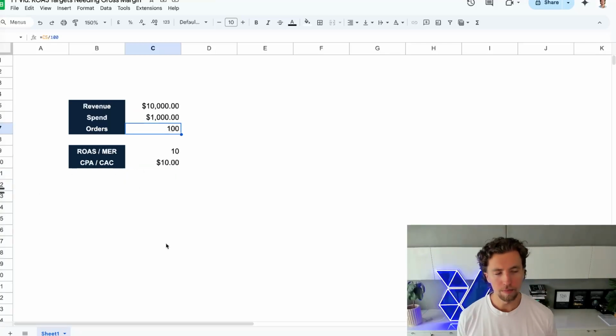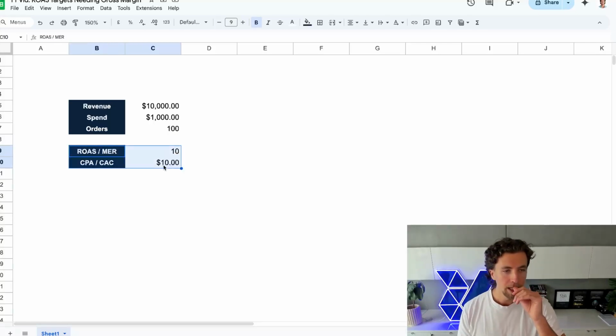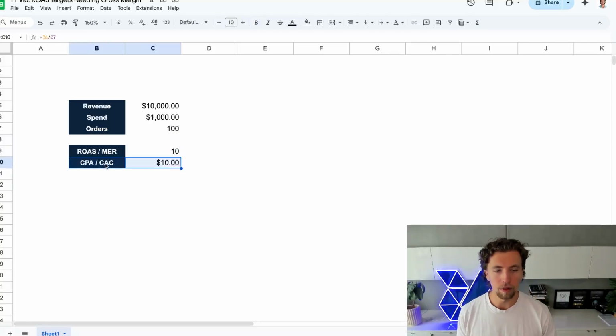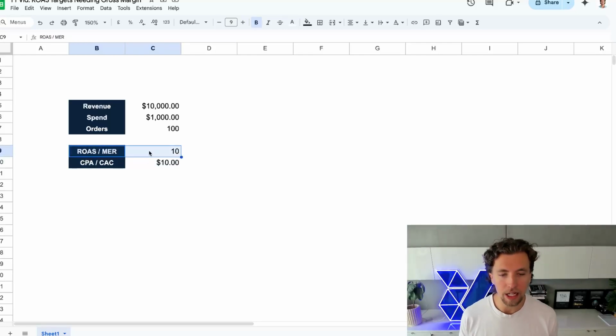Now, why is gross margin important, right? Because obviously the answer here would be, let's just try to get the lowest CAC possible and let's just try to get the highest MER possible. That should be the optimization function of the agency. And that's how I should be communicating to the agency. Hey, just go and get us the best ROAS or MER that you can. And if you can't get us a very good one, that's fine. We'll get rid of you. We'll find another one who can guarantee us a better MER or a ROAS. That kind of approach will allow you to never scale.